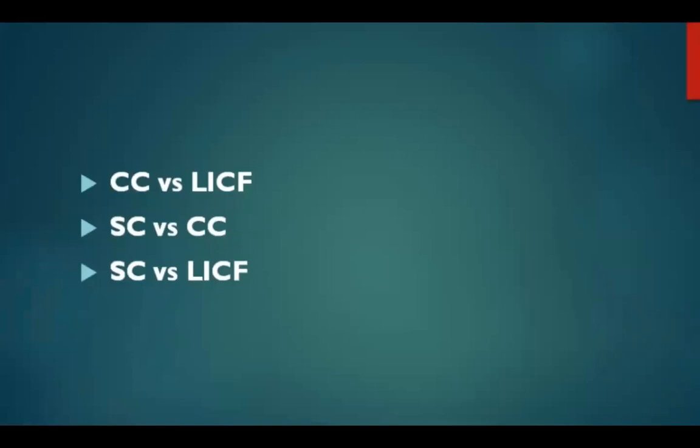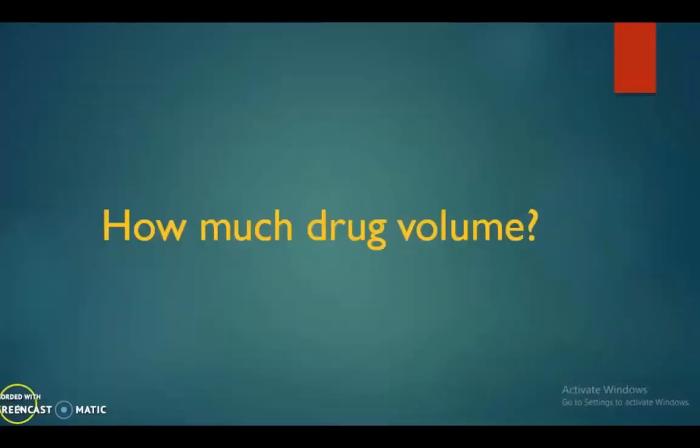So, between the costoclavicular and the lateral infraclavicular approach, it was found that the costoclavicular approach has faster onset time and faster readiness for surgery. Between supraclavicular and the costoclavicular approaches, it was found that both were comparable. Between supraclavicular and the lateral infraclavicular fossa approaches, it was found that there was a higher incidence of incomplete radial nerve block in the lateral infraclavicular group, which was minimized by giving it as double or triple injection, and there was a higher incidence of incomplete ulnar nerve block in the supraclavicular group.